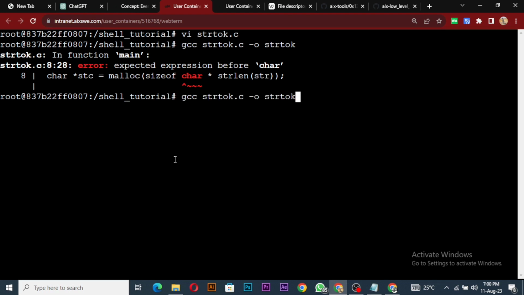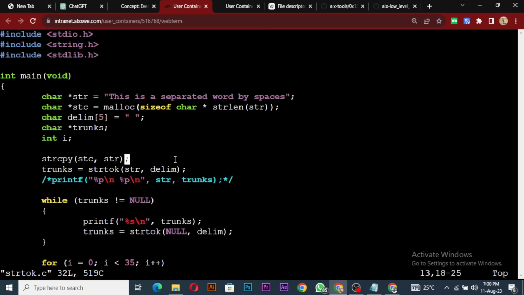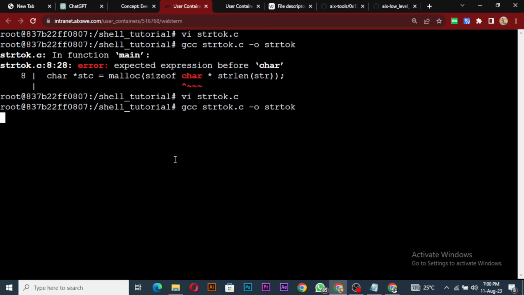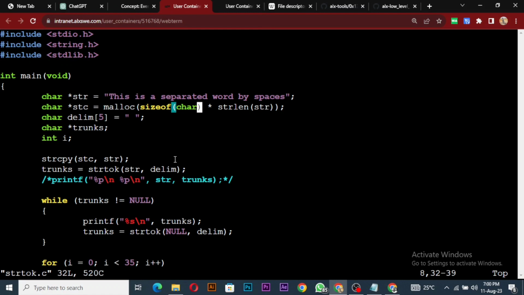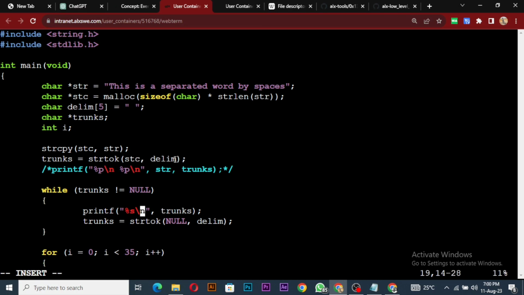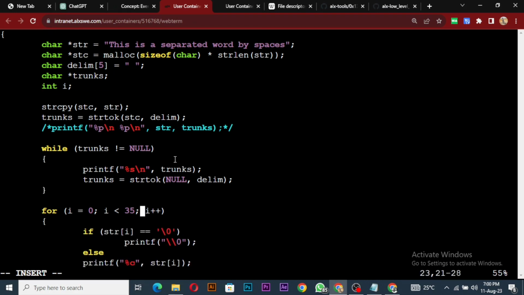Size of char, sorry, I'm not supposed to. Let's see, size of, this guy should be in the brackets. Size of char, right? Let's see what's going on. Okay, and then let's run it. Oh, we still have a segmentation fault. Let me see, vi strtok.c, string copy. Okay, now this guy should be stc, sorry, stc, and this one should be stc now,